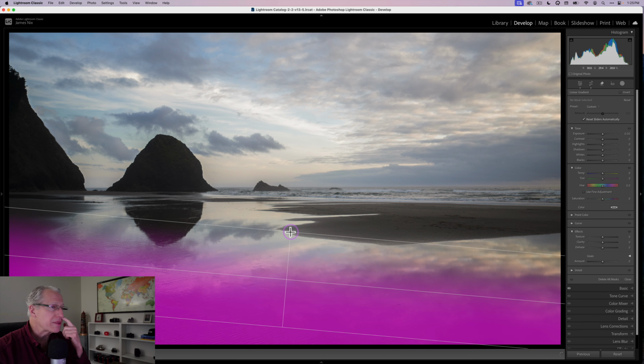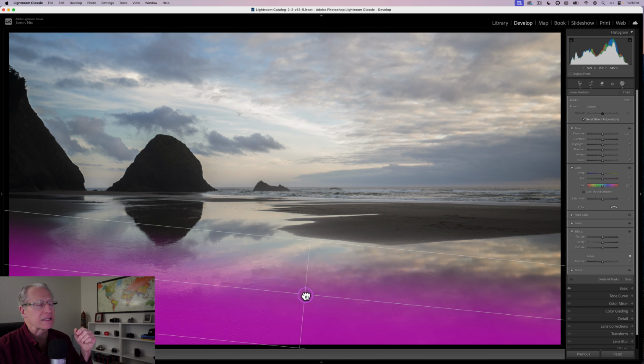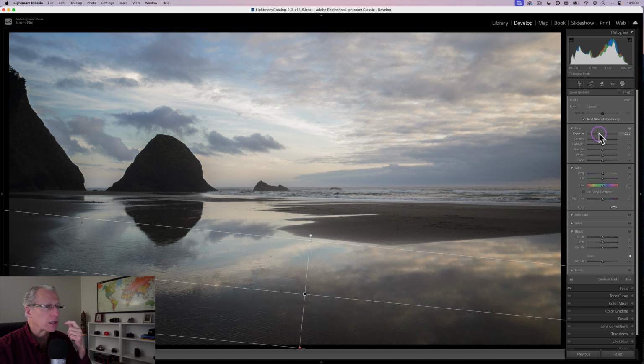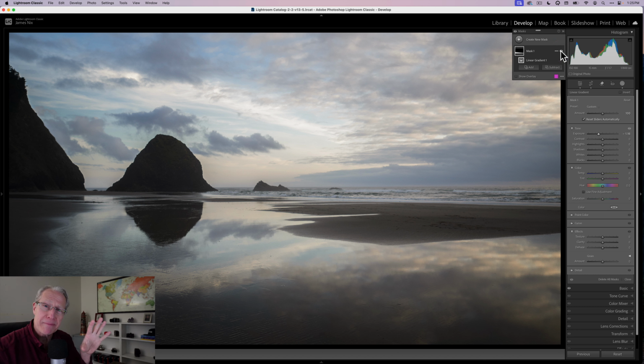I'm going to start with this linear gradient. And all I'm really doing is kind of framing the photo. And I'm just going to drop the exposure a little bit down there in the lower part of the image. So if you look at the before and the after, you can see I'm just kind of framing that bottom, and it's got a nice reflection with nice color in it, and the color is going to pop after we're done with this tutorial. But first I want to shape the light,